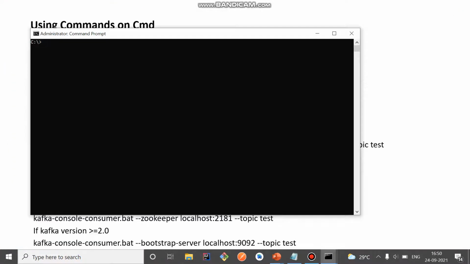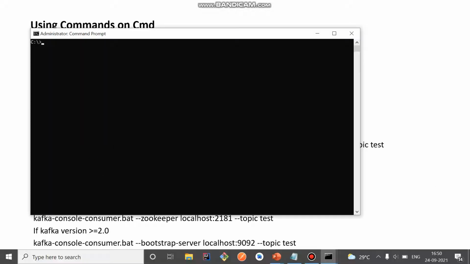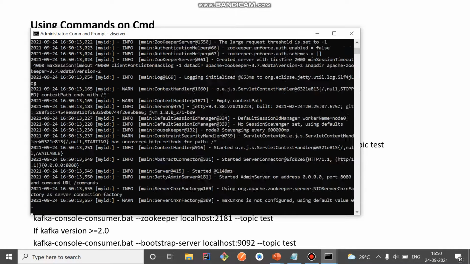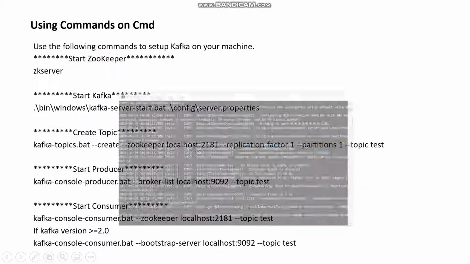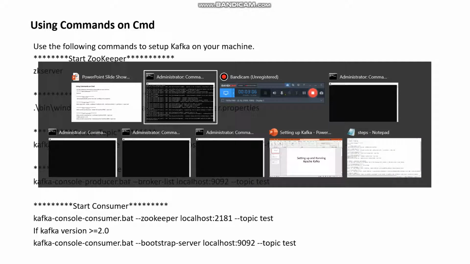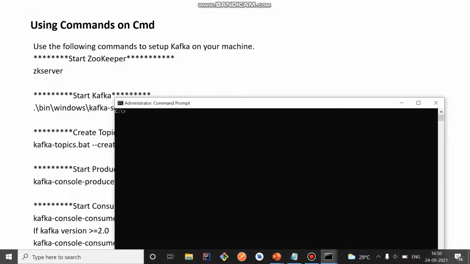Let's start the Zookeeper. To start the Zookeeper, this is the command, zkServer. You can see here it's binding to port 2181, so it has been started. Now let us start Kafka. I'll open another command prompt. I've already opened it.